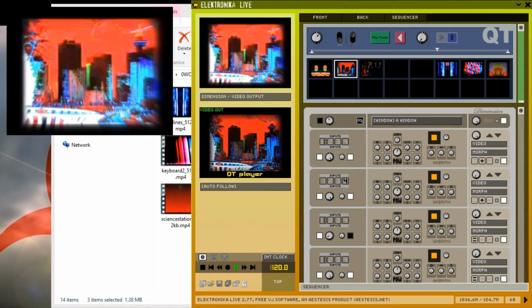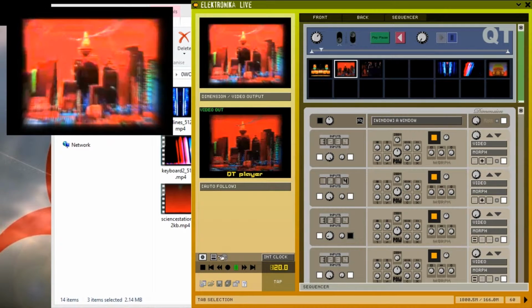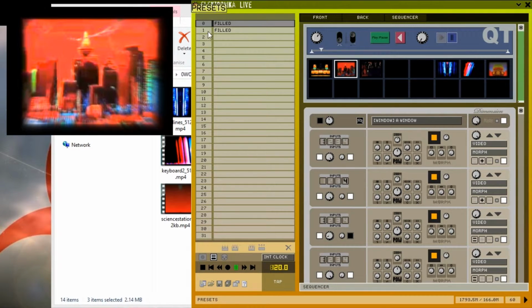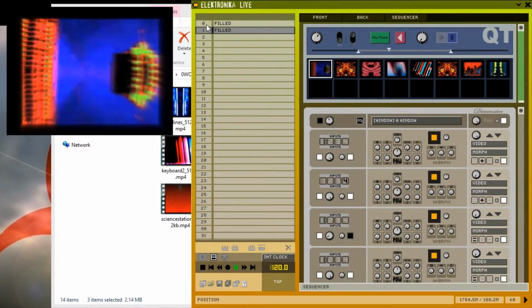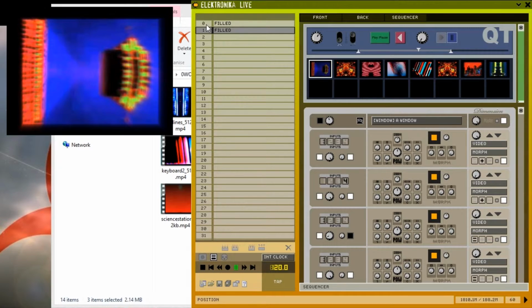Presets save the files loaded in Qt Player, so you can easily change between clips by saving presets. There is generally a short delay, during which time the output goes black while loading new clips. This is because the thumbnails are being generated. One way around this is simply to use 2 Qt Player modules and a mixer, and changing the presets while the output isn't showing. It's possible to minimize this delay by having Electronica cache generated thumbnails, but this does require Electronica to be installed to a custom location outside of the program files directory.